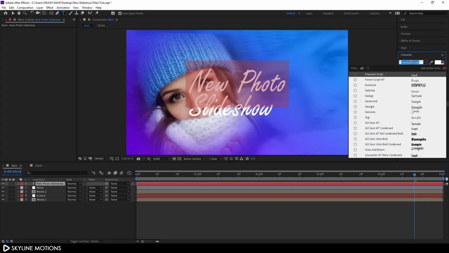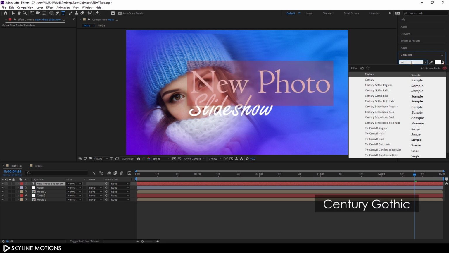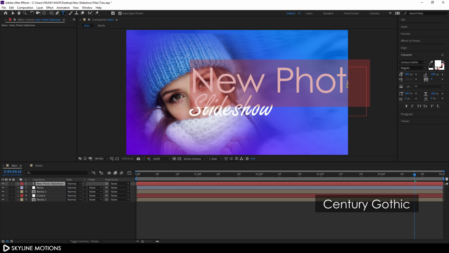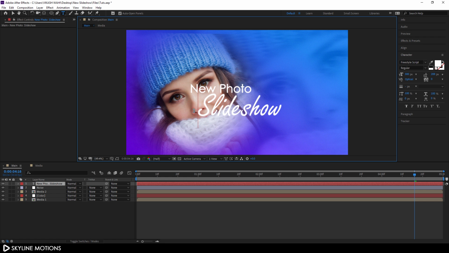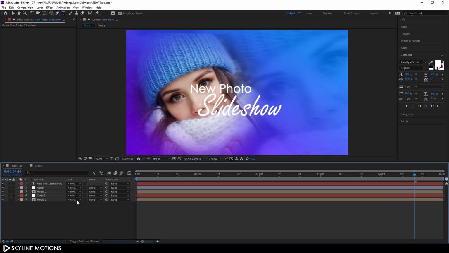And now select this upper line and go to character and let's select a different font style. So in this case I'm using this Century Gothic font style. All right, and just set this size 100, hit enter and just click on this faux bold and let's add some space over here. And after that just select this text layer, select this move tool and just set it